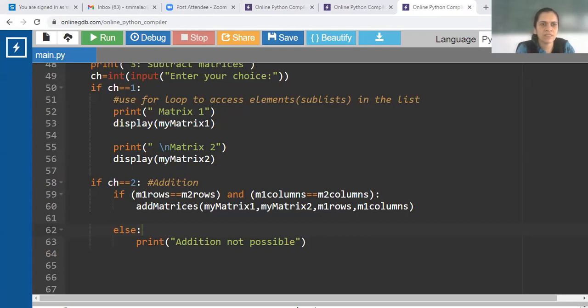Have I missed something? Okay. What is wrong over here? Yes, this thing was missing.